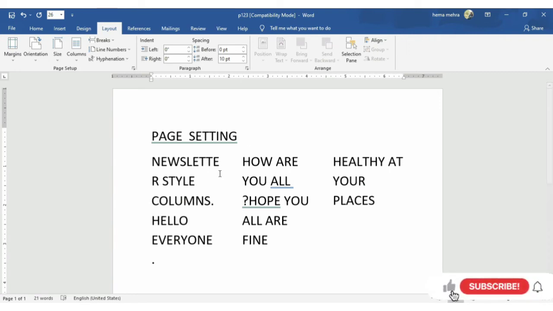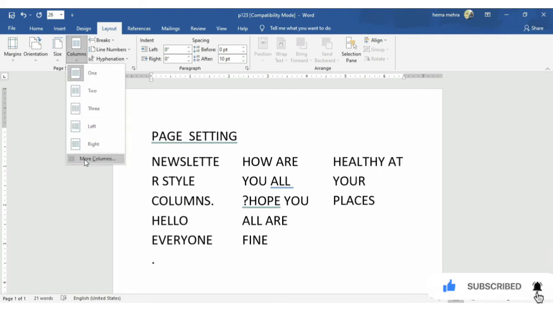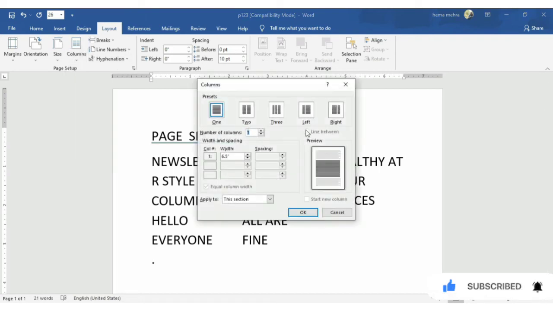If you want the columns to be in a different width, remove the check from the equal column width. If you want to remove the equal width of these columns, you can remove it from here.